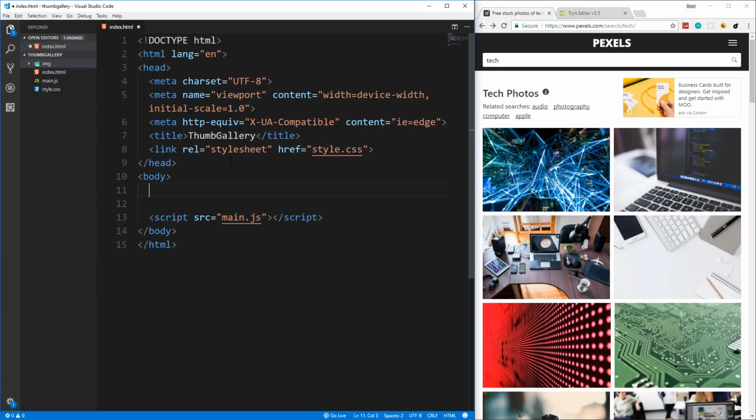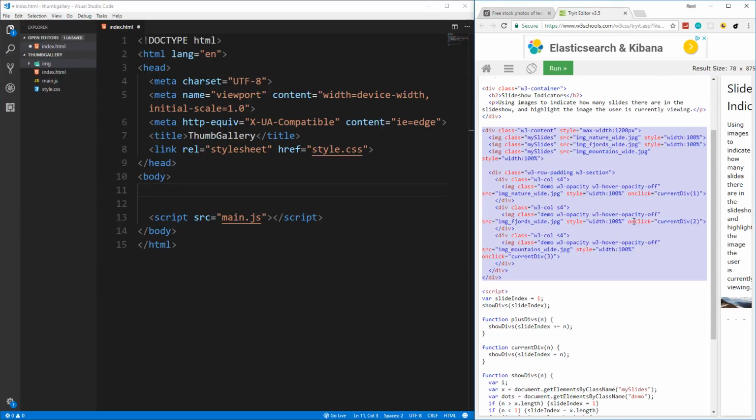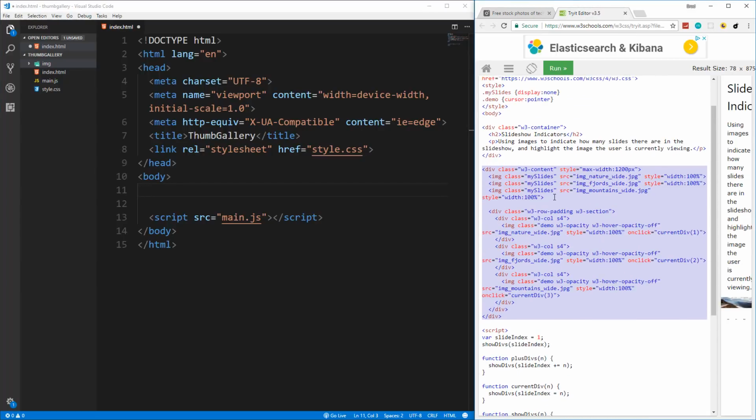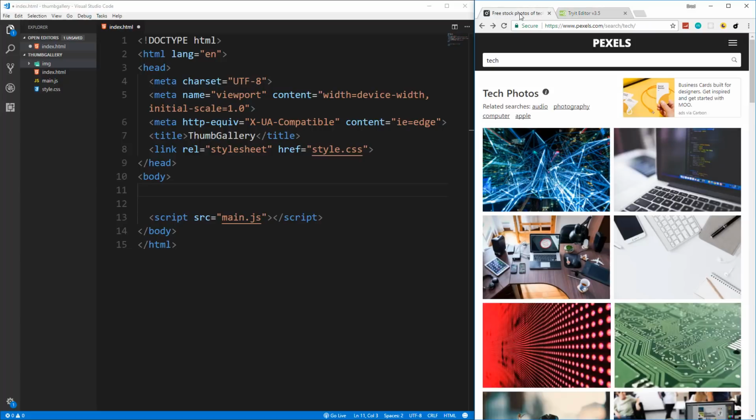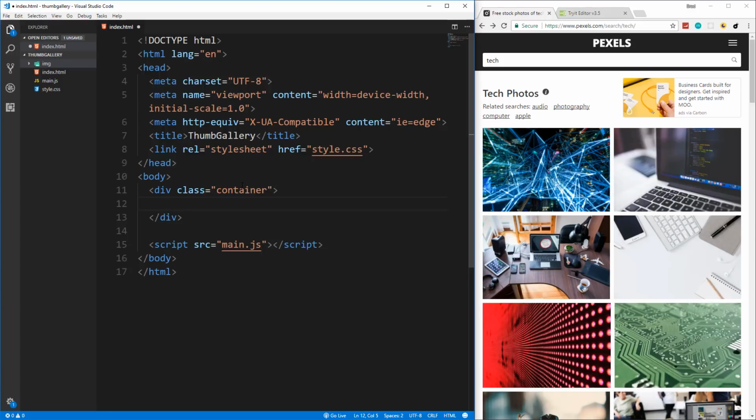I'm going to make it much neater than the W3C, which is this here. Pretty ugly looking. And I don't mean to sound demeaning or anything like that. I'm just trying to show you guys a better way to do this. So let's create a container, and let's create a class of main-img, and then in here we'll create an image